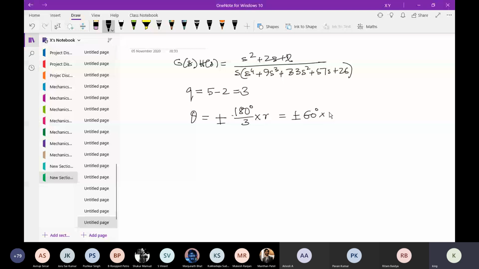So you will see the effective values will be theta equal to plus minus 60 degrees, and the other possibility will be plus minus 180 degrees. So basically it means that your root locus will have as its asymptotes